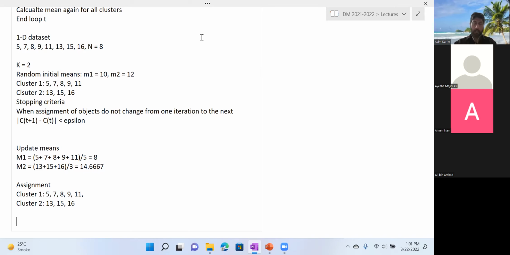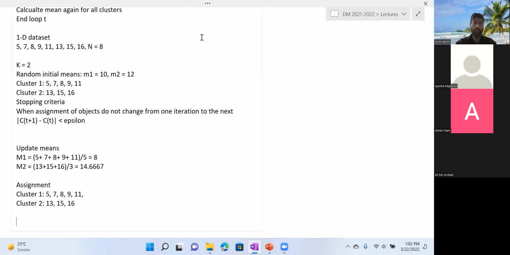ठीक है, is this clear? सर, अगर मीन चेंज नहीं होता तो ये स्टॉपिंग कंडीशन है इसकी, वरना हम रिकैलकुलेट करते रहेंगे जब तक मीन सेम नहीं आ जाता। मीन ना चेंज होने पे भी आप एक स्टॉपिंग क्राइटेरिया बना सकते हैं।